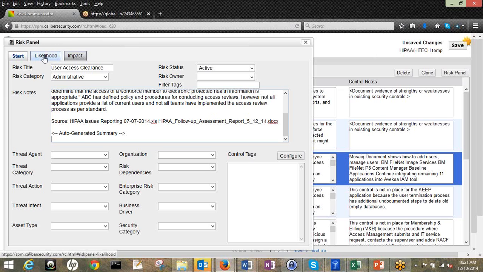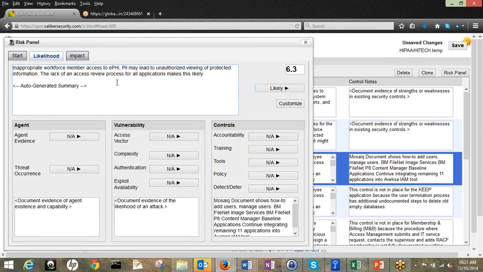So from this, my likelihood statement here and this one here, I would probably spend some time and do a little bit more wordsmithing and write it out to articulate what the likelihood is, that I think that this is a very likely thing. I have started working. Some of my information will show up down here for my control notes, basically. And you'll see them. They're over on the side here. So I can also work on this, and if I look at it and think, okay, I forgot something,